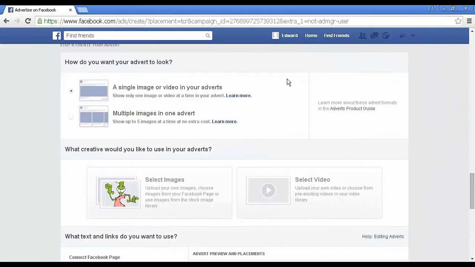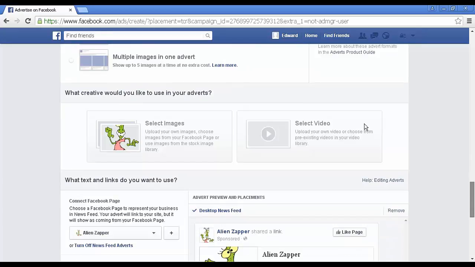And you add your images in here. You can have either a single image or a video, or you can have multiple images, and let's just scroll down a bit. You can select the images, upload them from your computer, or you can select a video and upload it from your computer. Okay, let's just